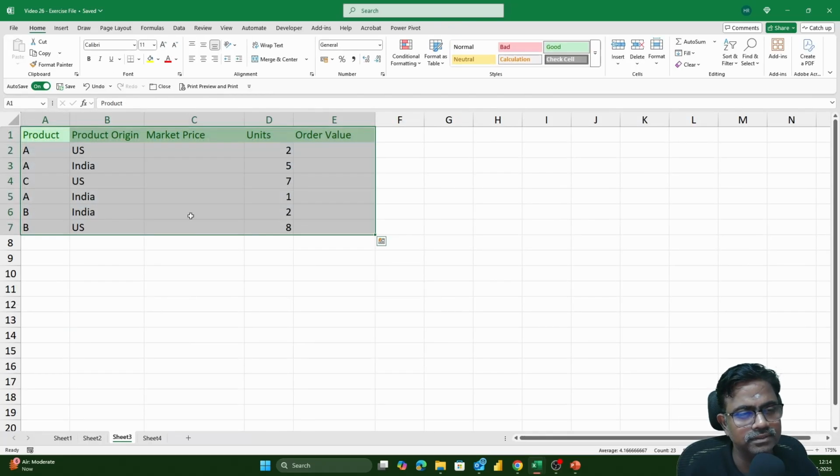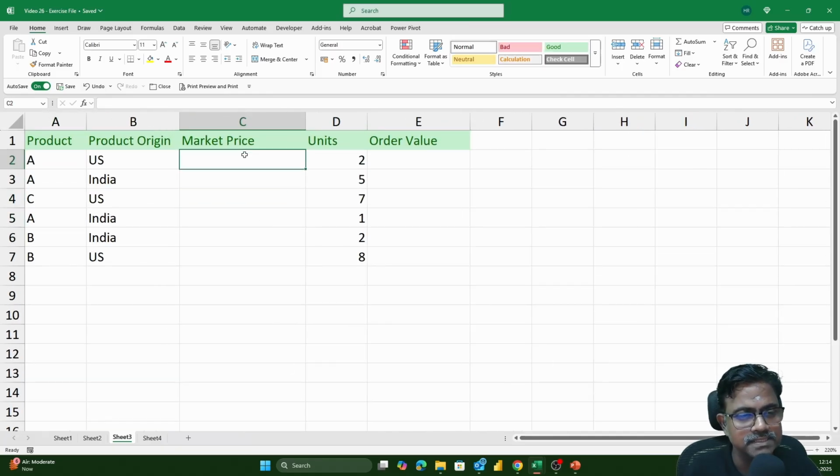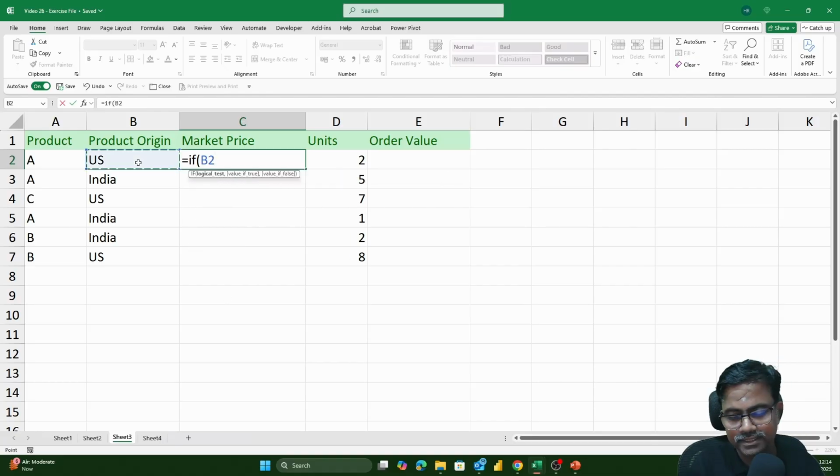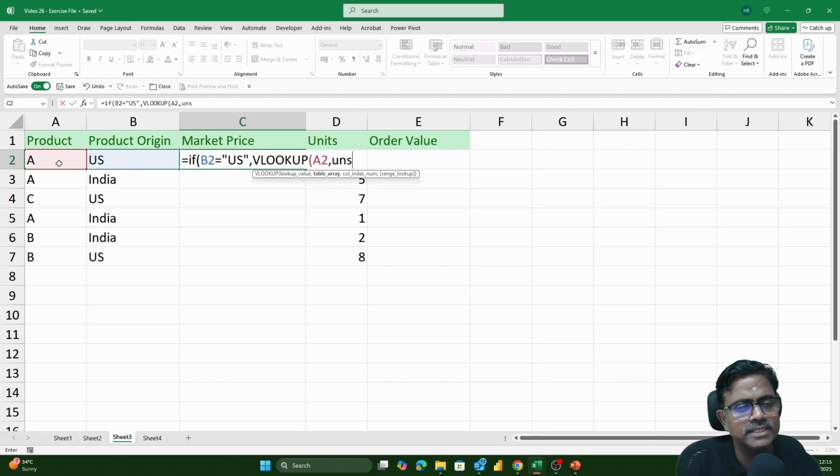I go to the sheet 3. I want to do something over here. So if the product origin is US, then it should take the price of this product from US pricing. Else it has to take it from India pricing. So watch how the table is going to make my life easier when I have to write a little complicated formula. So watch the formula which I'm writing. If this is equal to US, then you do the VLOOKUP of this value in which table? In US pricing